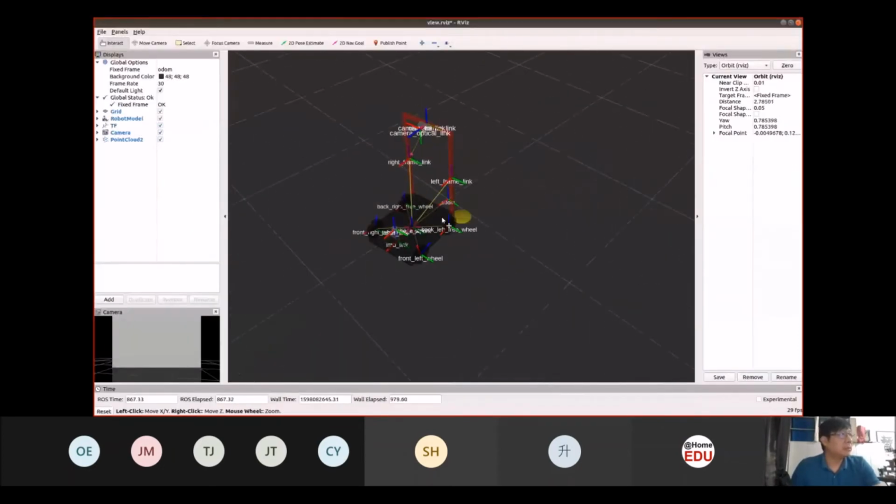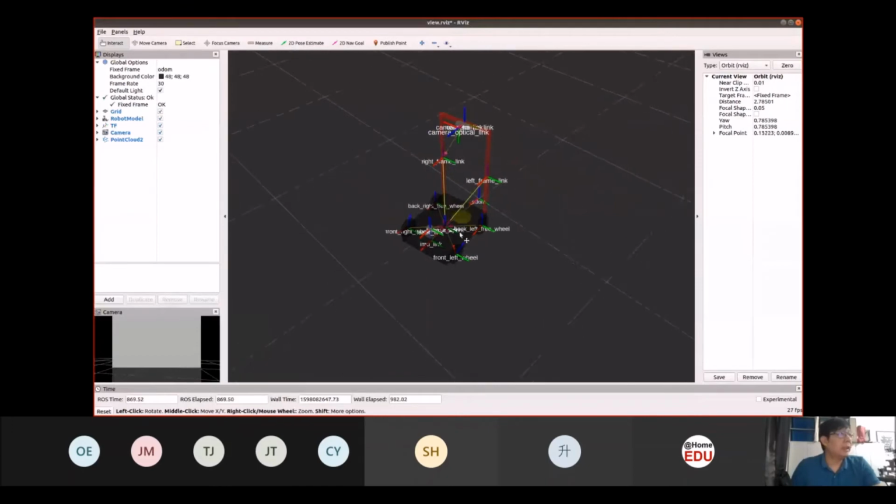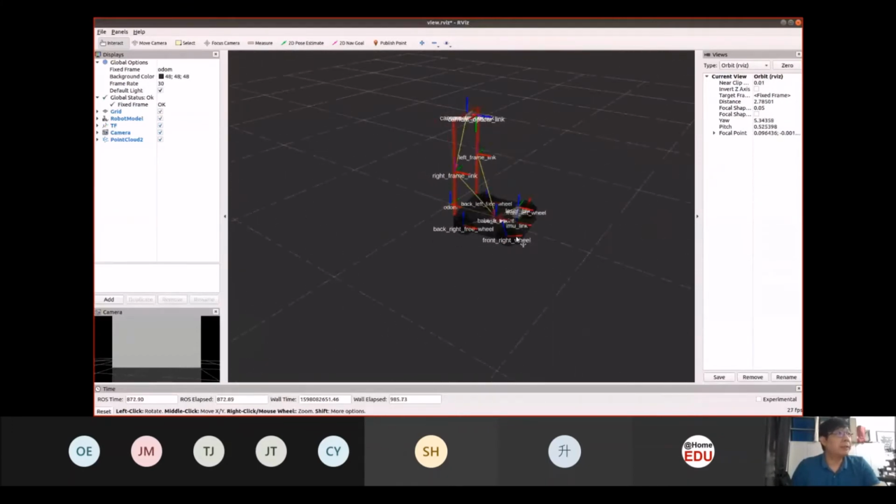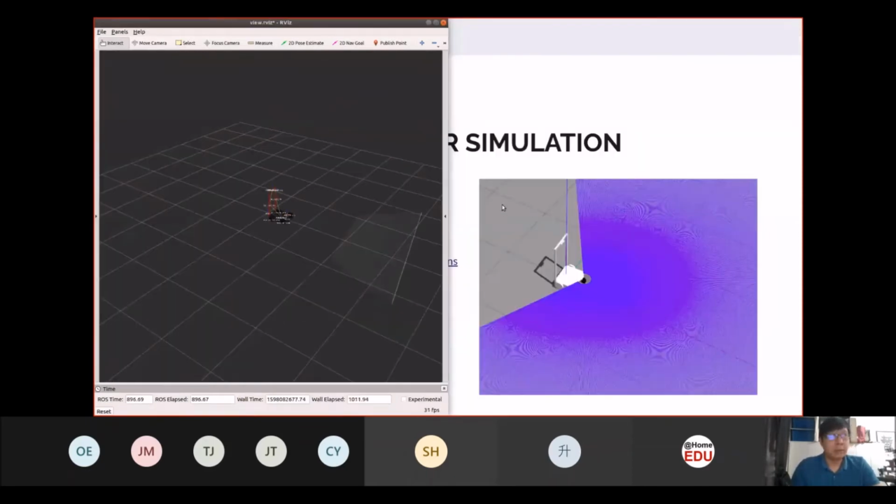Now, this is the robot description that we have, with the views, with the camera. And you can see the camera view over here at the bottom left, and you can see the depth sensor view. So if I import an object into Gazebo, you can see it reflected in this view. So let me just put screen here.